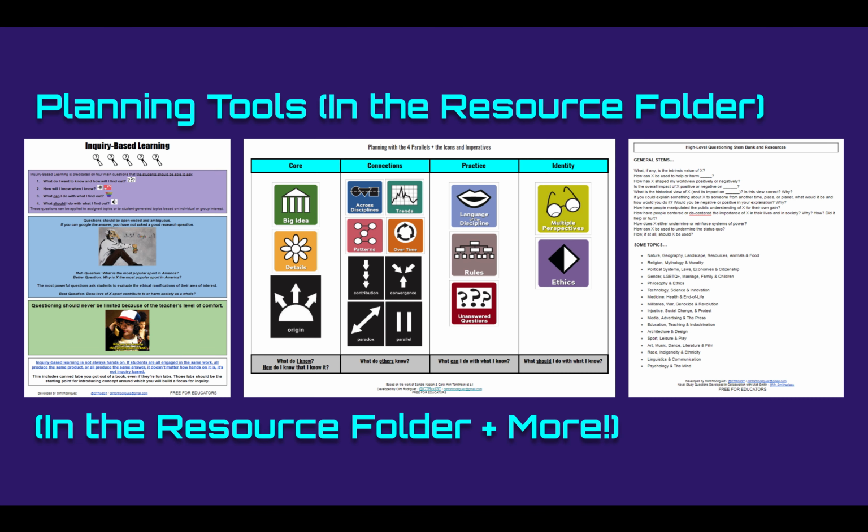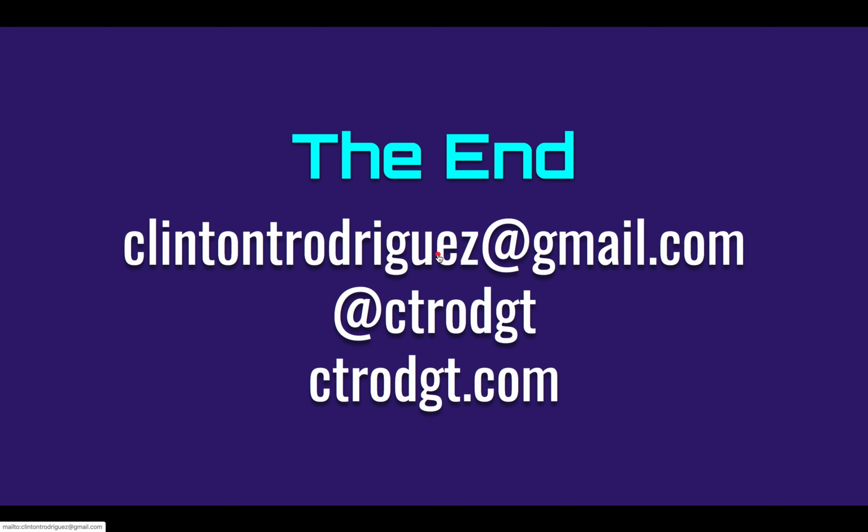The resource folder has all different kinds of things. If you're more into project-based learning, I've got some inquiry pieces here. There's a big higher level questioning, kind of question stem bank that you might want to take a look at. And then you can also, in there, you'll see this right here, which aligns pretty much everything that we talked about in this video and that we're going to be talking about in the course. So all of this stuff kind of bleeds together in a way that can be really powerful. So be sure to be looking in the resource folder for all of this stuff.